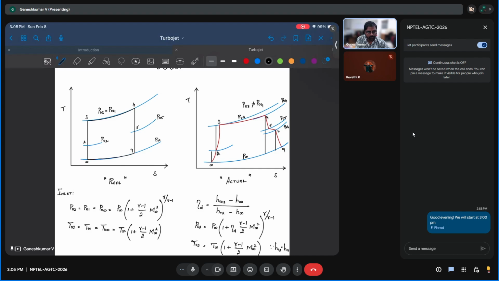Similarly, in the compression, because of the irreversibilities, there is additional entropy, so your entropy does not remain the same. It increases a little bit, and because of that your temperature increases. And in the combustor, you are going to have a pressure loss. Similarly, in the turbine and the nozzle, you are not going to have an isentropic expansion; you are going to have deviations from the isentropic. So 4 to 5 is that, and 5 to 6 is the